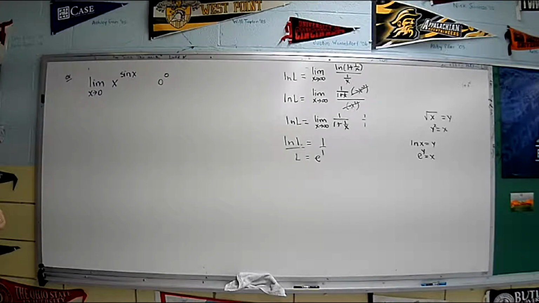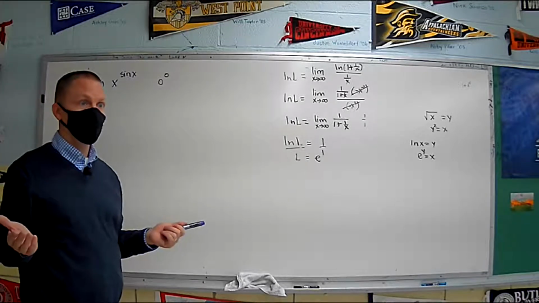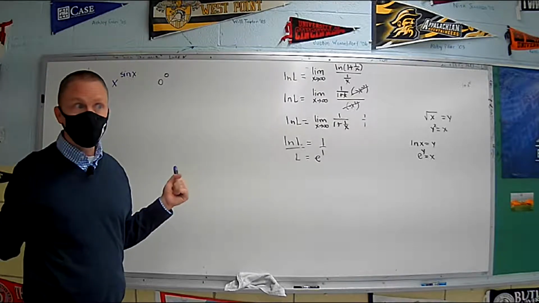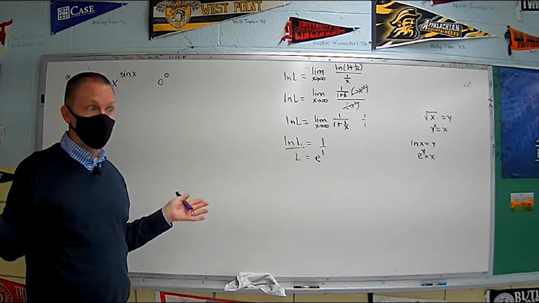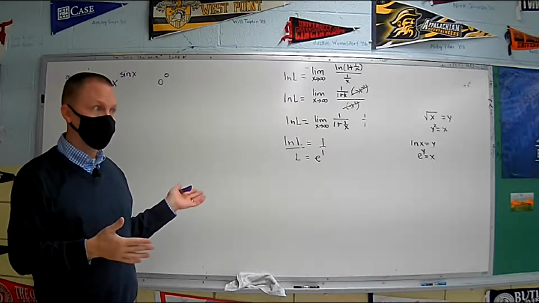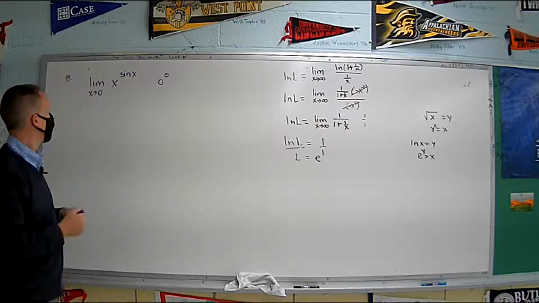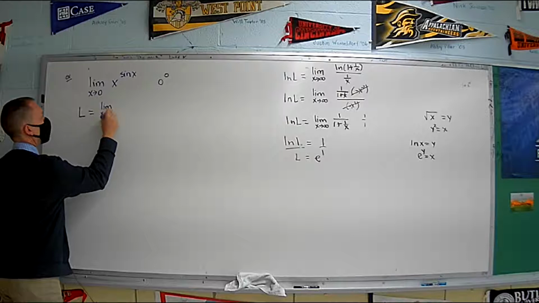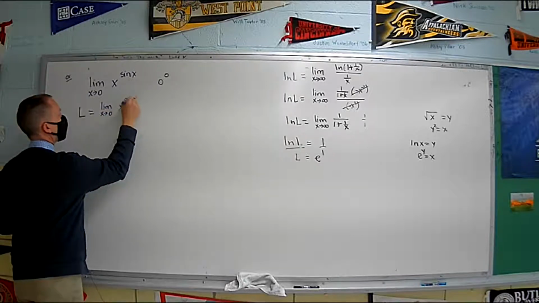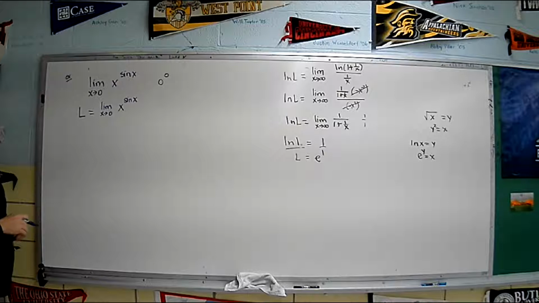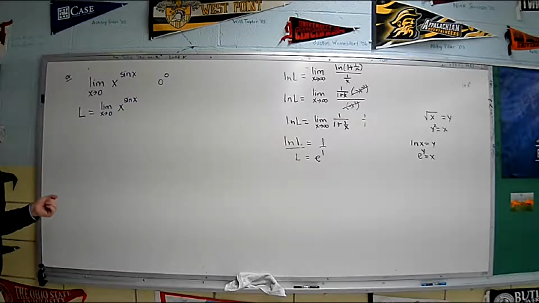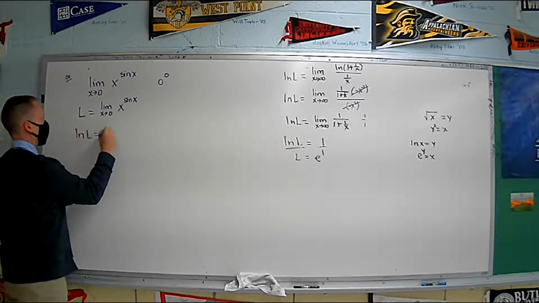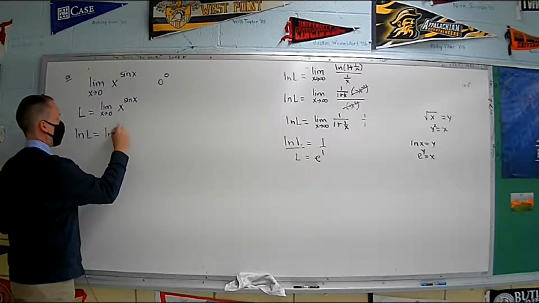So now how are we going to do this? Do you see how we have that function of x in the exponent? When that happens, the common thing to do is do this logarithmically. So we set it up and we'll just say, well, L is the answer I'm looking for. Now I'm not going to solve for L here. I'm going to solve for the natural log of L. So I natural log both sides, if you will.